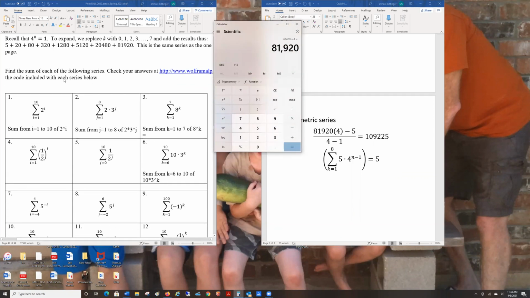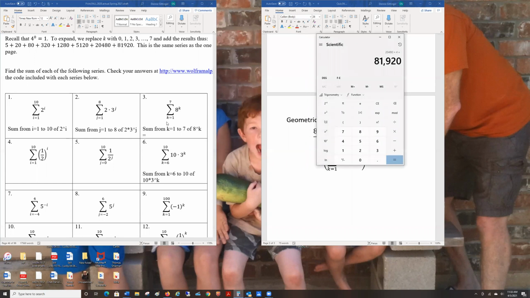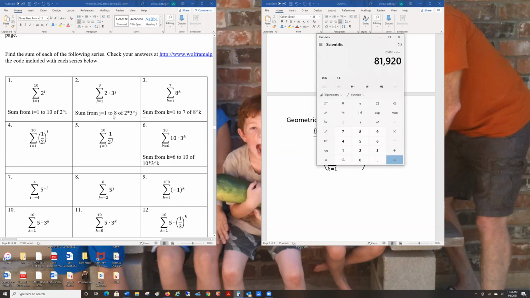All right. So find the sum of each of the following series. This says check your answers, but just like last time, I'm not requiring you to do this by hand on the test. You should be thrilled that you get to use Wolfram Alpha. And I have given you the code right here. So this is no longer 7k plus 5. This is going to be the sum from j equals 1 to 8. This is 2 times 3 to the j. And when you plug that in, Wolfram Alpha, you'll see, just to show you,